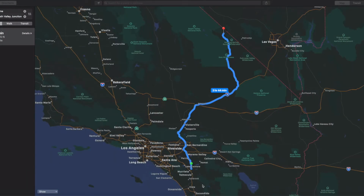Pulled up Apple Maps and showing you the route. So this was at the start of the COVID pandemic. There wasn't really anything open. There was some gas stations open, but not everything was open. Definitely no food. So I packed up,